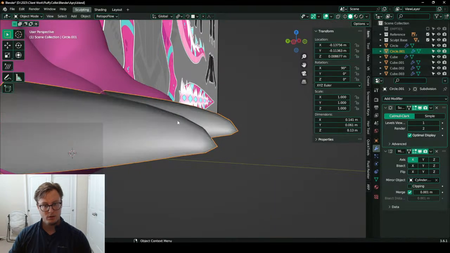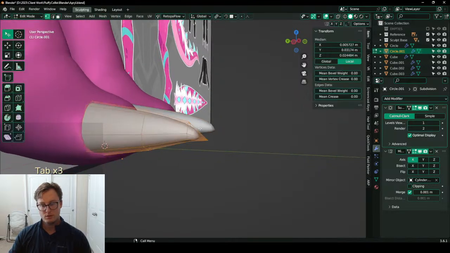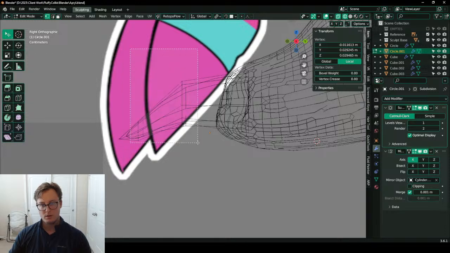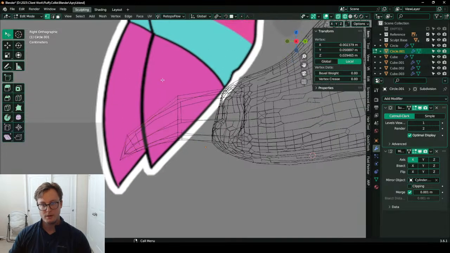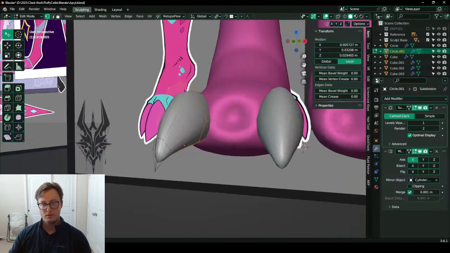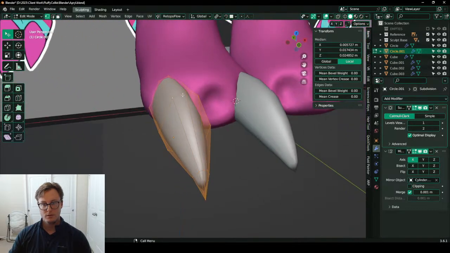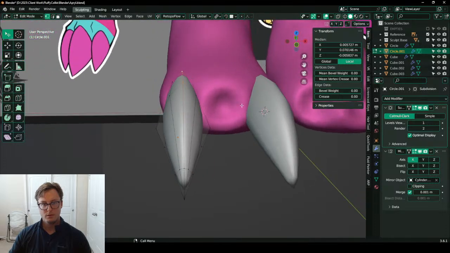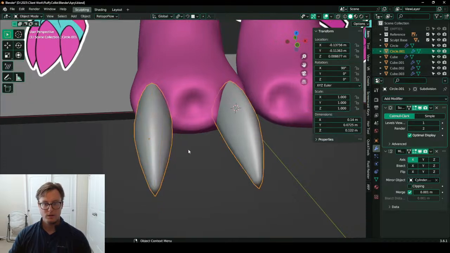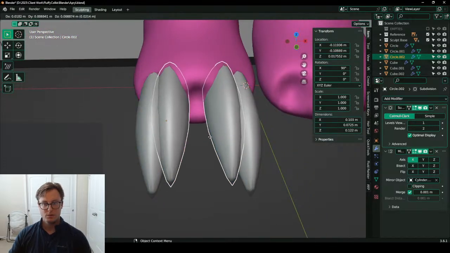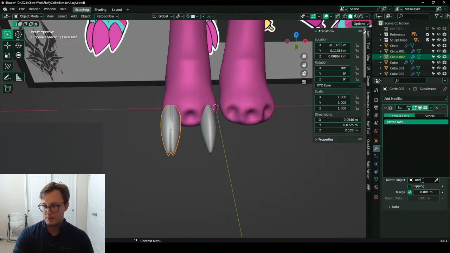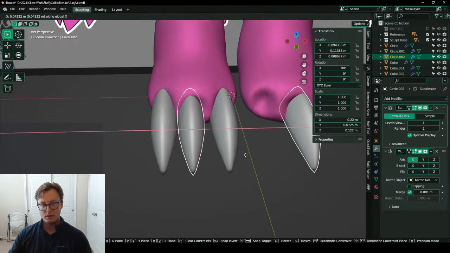Subdivision. Right. Then duplicate one more time and switch the mirror to just our mirror axis. That.